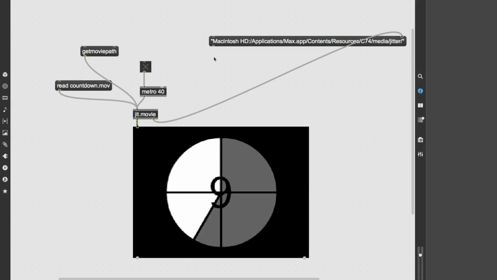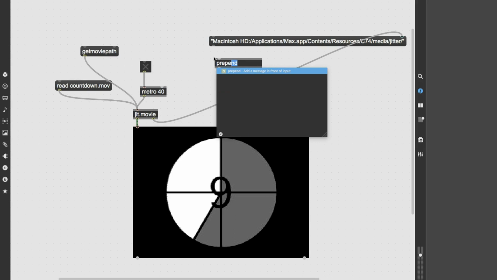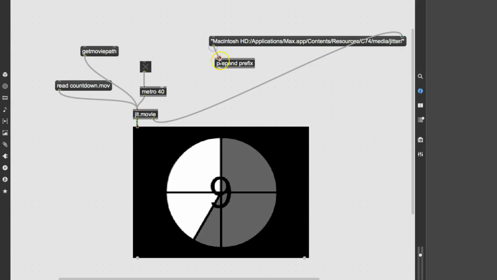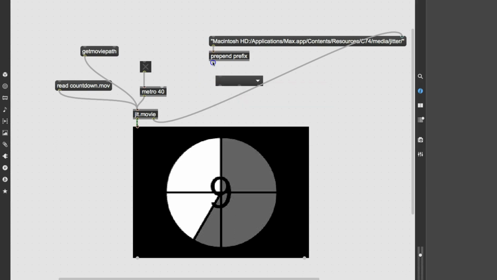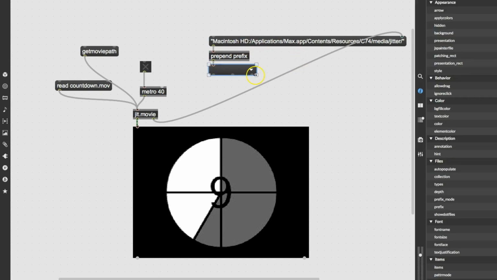And now we type N again. We say prepend. Okay. Prefix. And we connect to that. And then another new object and a U menu. But before we go clicking on this, we'll make this bigger, but we have to do something to this first, which is to tell it to auto-populate. So once you give it the,